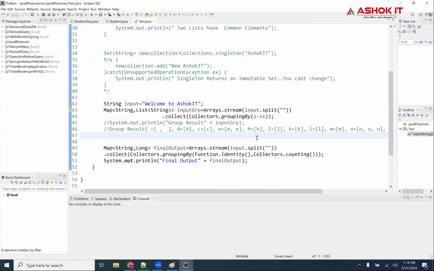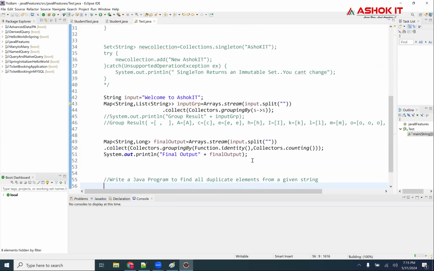Now, the next program which I'm going to focus on: we need to write a Java program to find all duplicate elements from a given string.